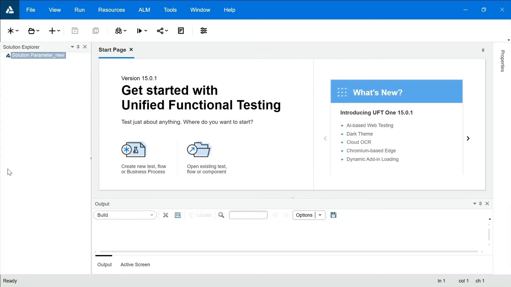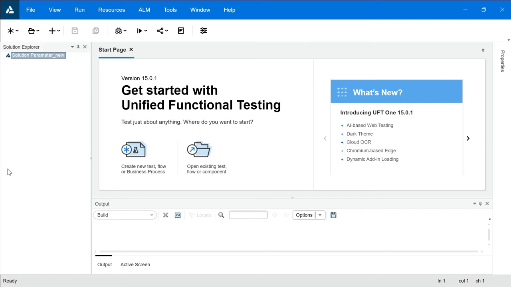Hi, in this video we're going to understand a very important topic, that is synchronization point. Synchronization point means that you are giving extra time for a particular step to get executed. Guys, by default UFT gives us 20 seconds for each and every step. What if any step is taking more than 20 seconds? So UFT is not going to wait for that particular step and will move to the next step if 20 seconds get over. So how to give extra time to that particular step is called adding a synchronization point or wait event.